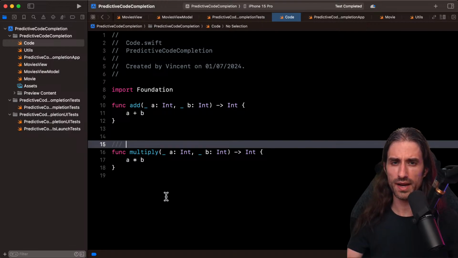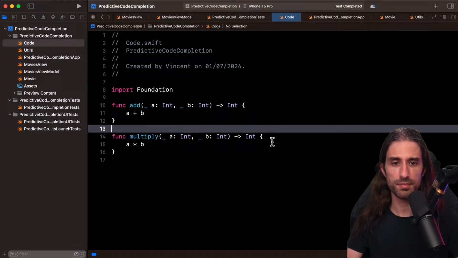I gave it a try just before the live stream because I did want to check that everything was working before doing the live stream, and it didn't work. So maybe it's not supported, maybe it will never be supported, maybe it's not supported for now, but generating comments from code doesn't seem to be supported, at least here in the documentation.